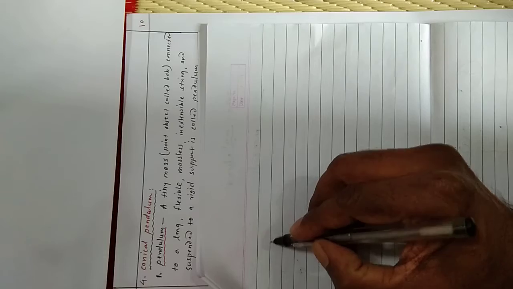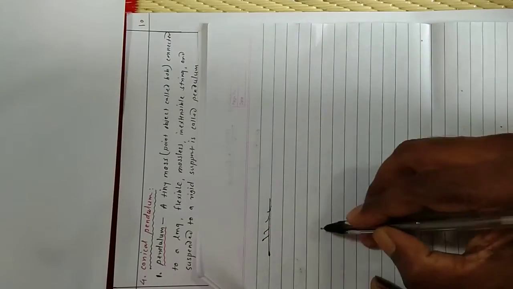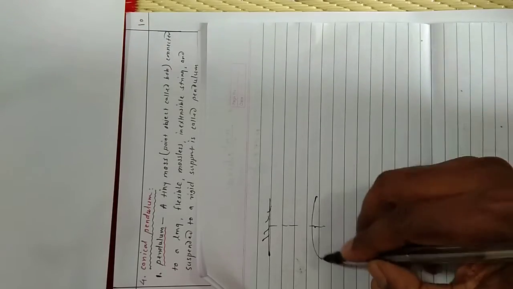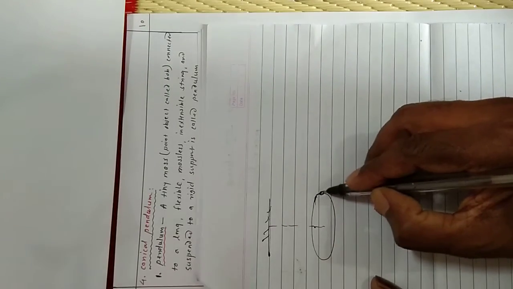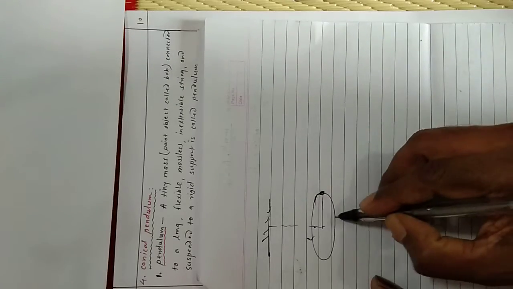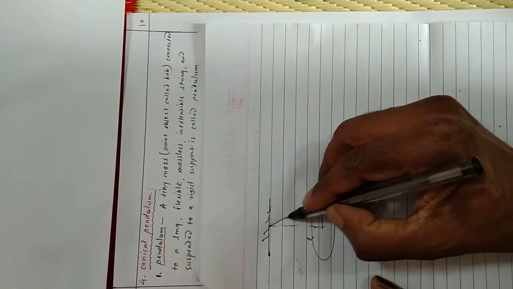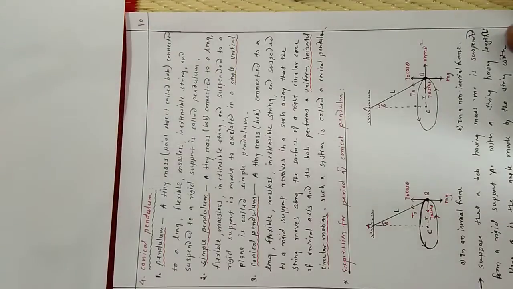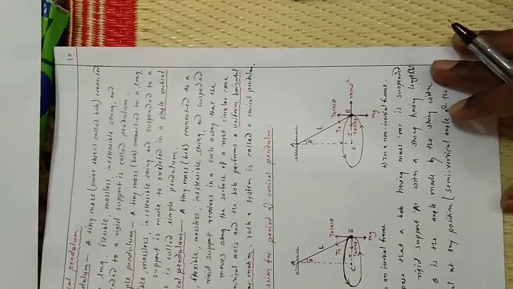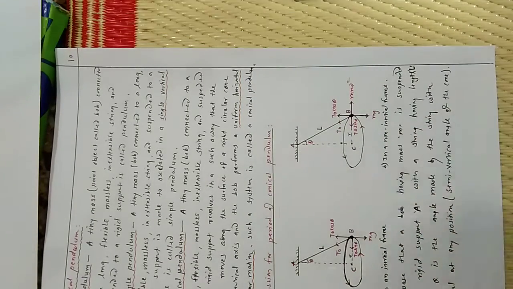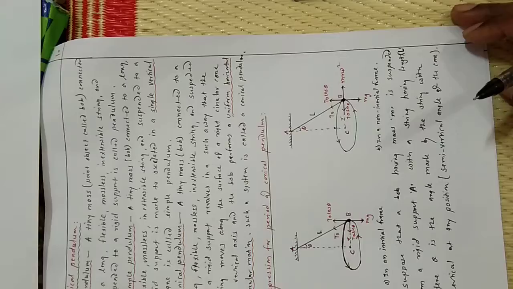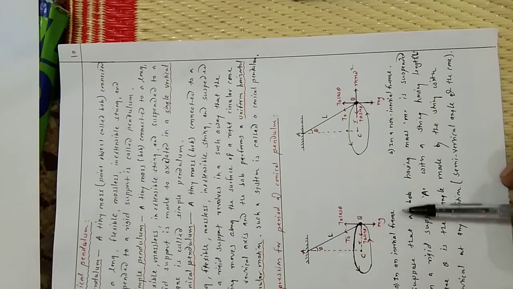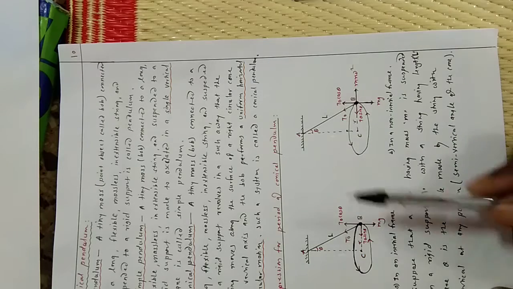Suppose we consider the inertial frame of reference. This is the rigid support. This will be the vertical axis. This is the motion of the bob. Suppose the bob is moving in the anti-clockwise sense. This is the length of the string, suppose it is L. This is the angle theta. Look first of all at the two diagrams here. Expression for the period of the conical pendulum. Now there are total two figures for this: first of all, in an inertial frame and in a non-inertial frame of reference.